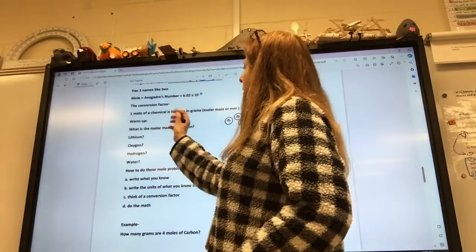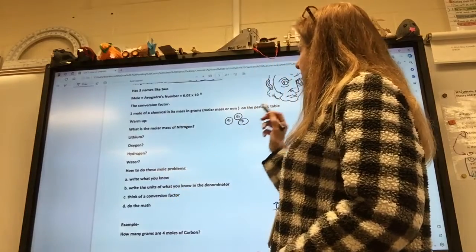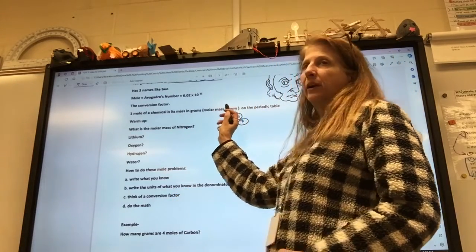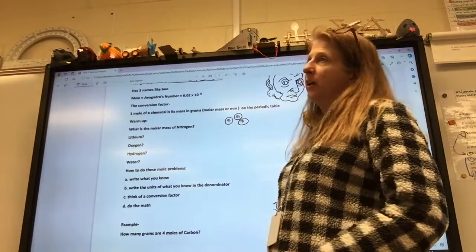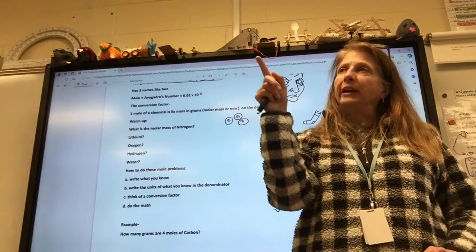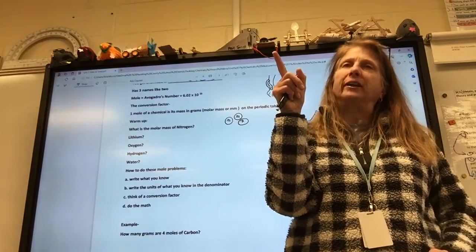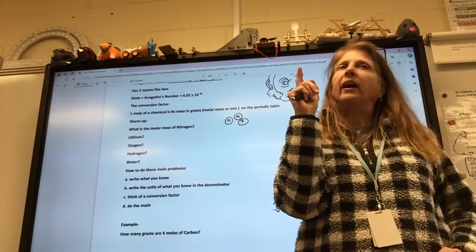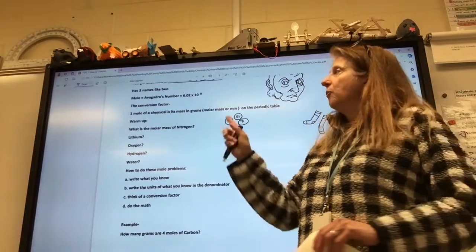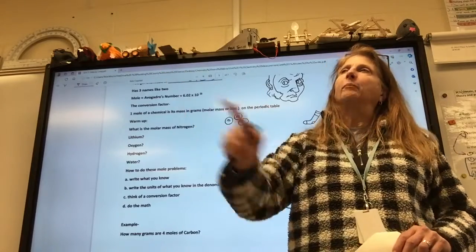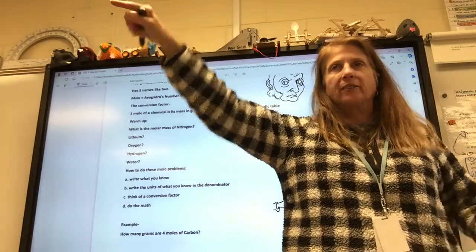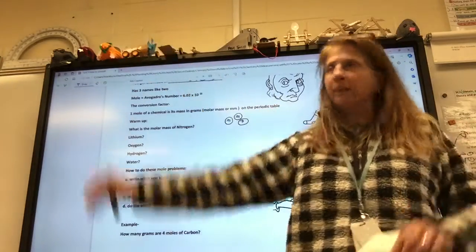Okay, so 1 mole of a chemical is its mass in grams. It's called molar mass, or it is abbreviated MM. So I draw M&Ms. Everybody look at the periodic table. Do you see the blue and the green M&M that I've drawn on my periodic table? You were wondering why I did that. This is why. Where we get the conversion factor for converting moles to grams is the periodic table. Okay, everybody got that in your head? Very important concept. You'll use it the rest of your chemical life.